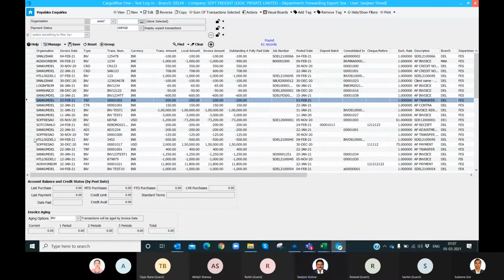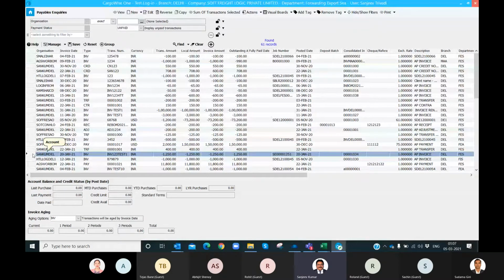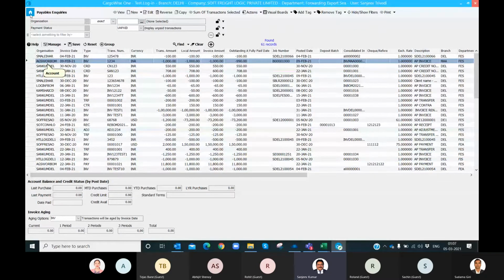At the bottom, you can see account balance and credit status. This is my test system, and the setting has not been done. That's why it is not pulling the credit limit and other details. But if you do those settings in organization masters, that will appear.